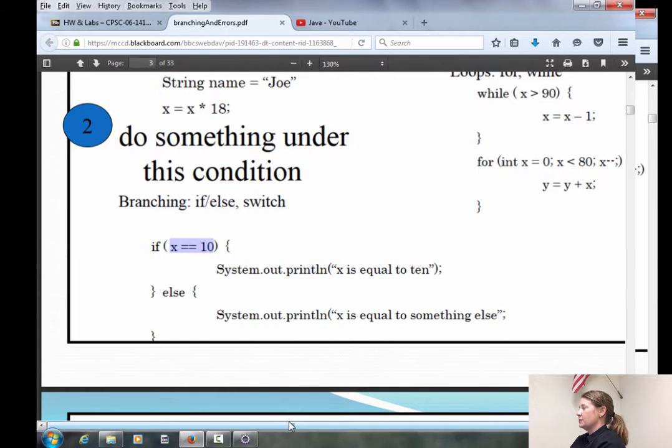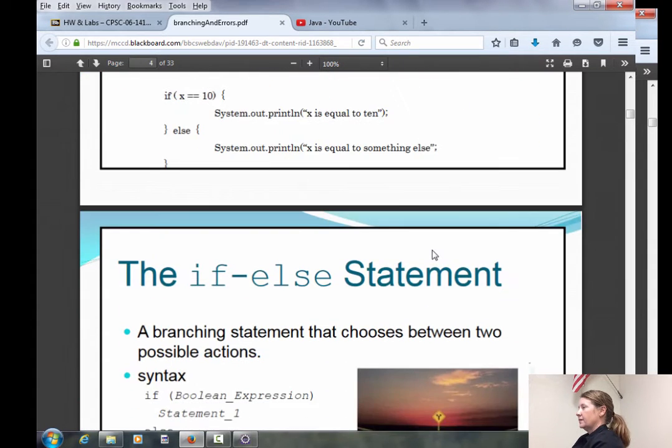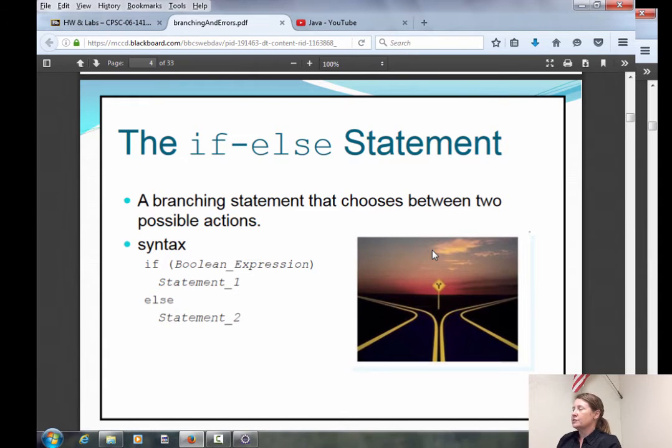And then just a heads up, when we start getting to loops, this is how a loop works. You have while loops and for loops. But loops let us run lines of code over and over and over again until we tell them to stop. A lot of times in a lot of books and tutorials, they'll say to think of a branch kind of like a fork in the road. You either take the right path or the left path. You can't take both paths. Okay, you have to take either one road or the other. So you're either executing statement 1 or statement 2. You can't execute both of the statements.